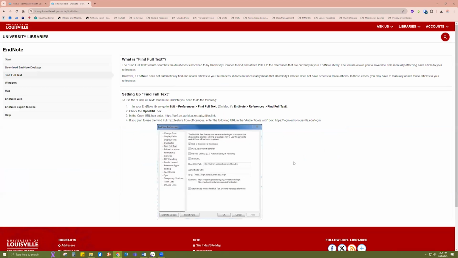And Find Full Text is really important because this sets it up so that when you ask EndNote to do the Find Full Text feature for you, which means it tries to search through the references that you have in your EndNote library and find the PDFs for you, or full text in a URL or some other way. In order to do that, EndNote needs access to things behind paywalls, the journal articles behind paywalls, and things that are connected elsewhere. So these are the links that you're going to want to put in,